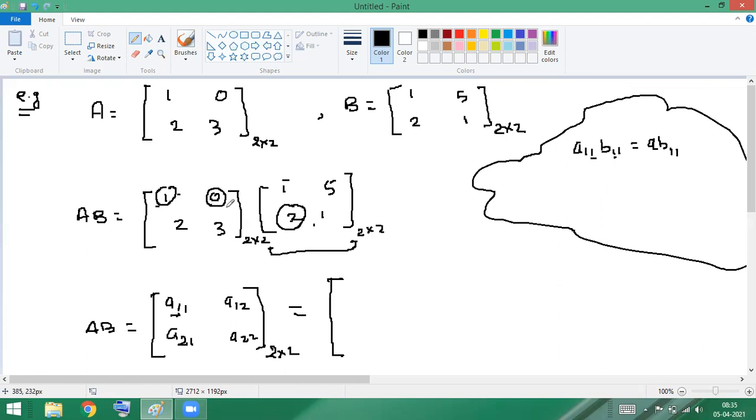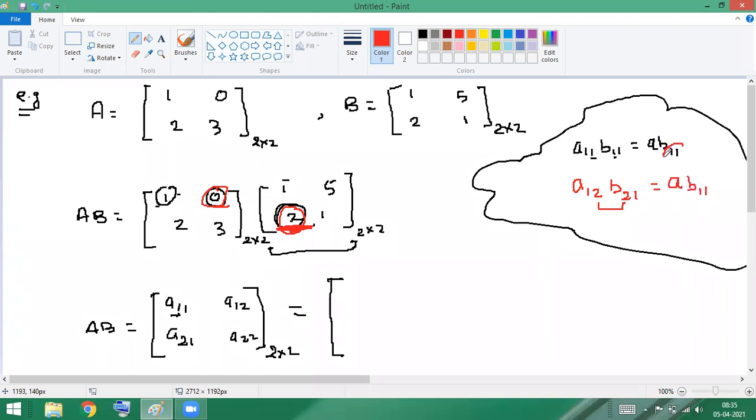But if you talk about this part and this part, what is the order of this element? 1 2, A12. And what about the order of this element, guys? 2 1, B21. Yeah? The order of this element is B21. Now, can we do the multiplication now? Yes. So what will we get again? Again, we'll get AB11.